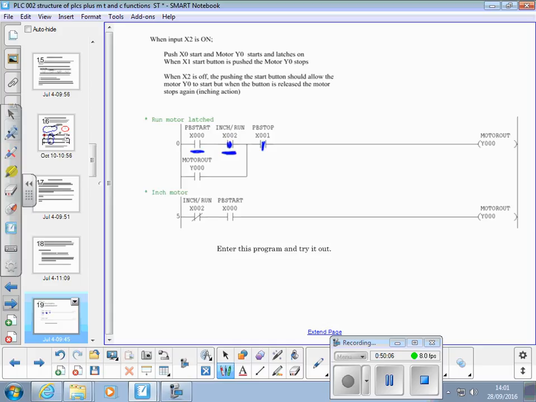That makes no difference. When I push that button there, that will turn on Y0, close that contact, so when I let go, that light will stay on, or that motor will continue running. Yep, so that's feasible. Then we write another line of program that says, if the X2 switch